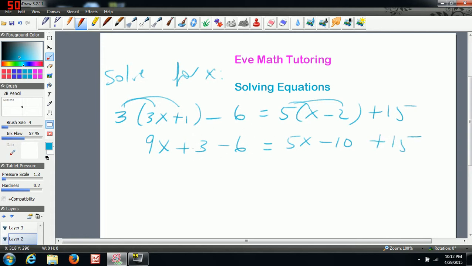And you remember, if there's nothing in front of the x, there's actually a 1. So at this point, I'm going to add up my numbers. So we get 9x minus 3, 5x, and then negative 10 plus 5 is positive 5. So at this point,